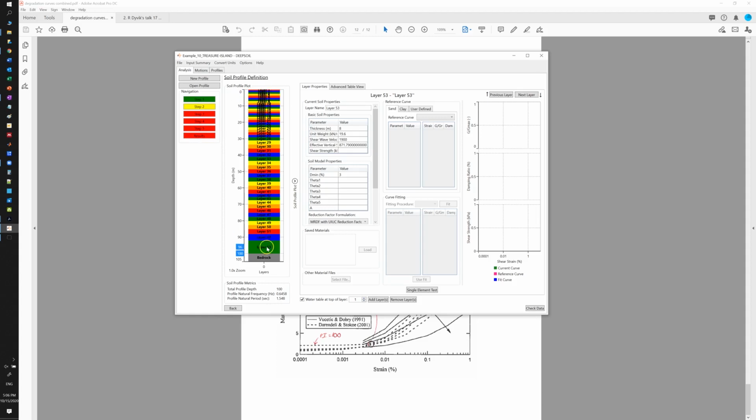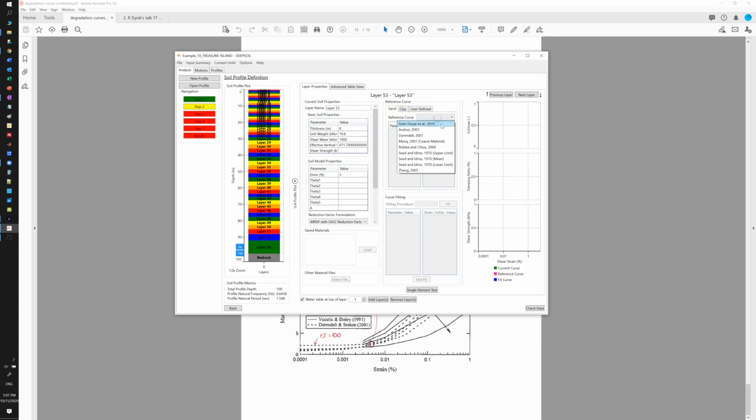And this is your soil profile, and I just loaded a default example in the software. I think this is a Bay Area site, I forget which one it is, but this represents a real soil profile for a site. It's very detailed. You have 53 different soil layers up to the bedrock level, and for each soil layer you could select a different degradation curve. So if this is a sand layer,